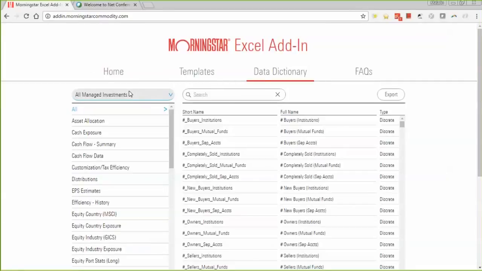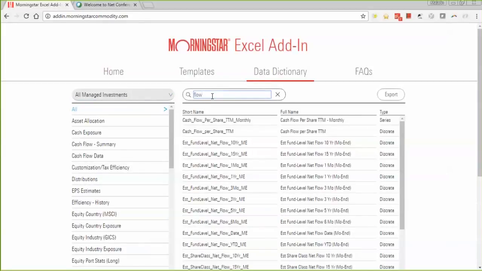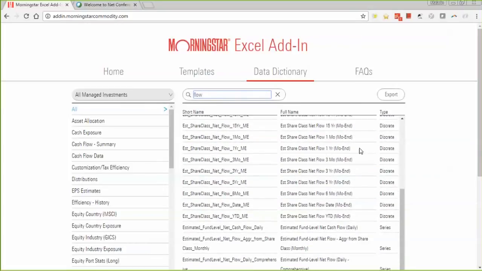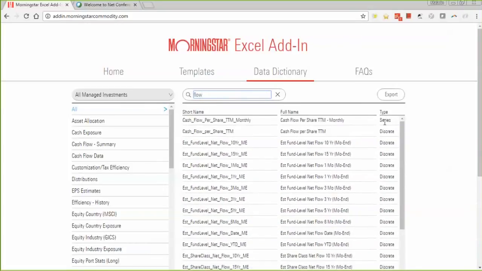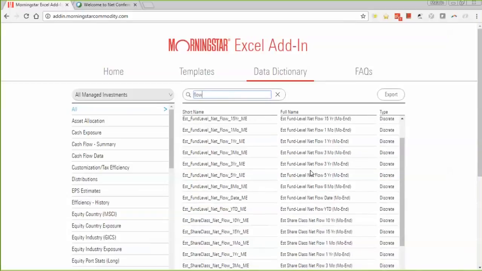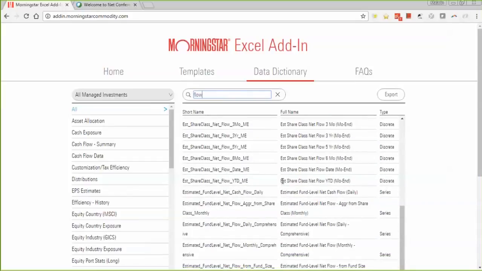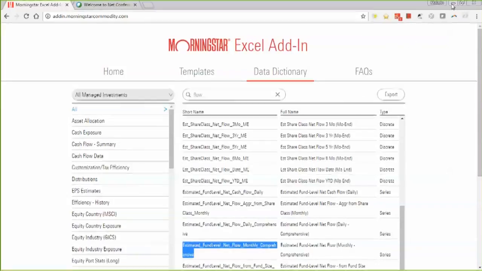and I'm under all manage investments, and I'm just going to type in flow, and in here I can see all the flow information that I want, and I can also see the type of data, if it's discrete data or a series data. So I'm interested in monthly flows. I can go over it, and then I can see, let's see, I believe this is the one that I'm interested in, so I can just copy that information,